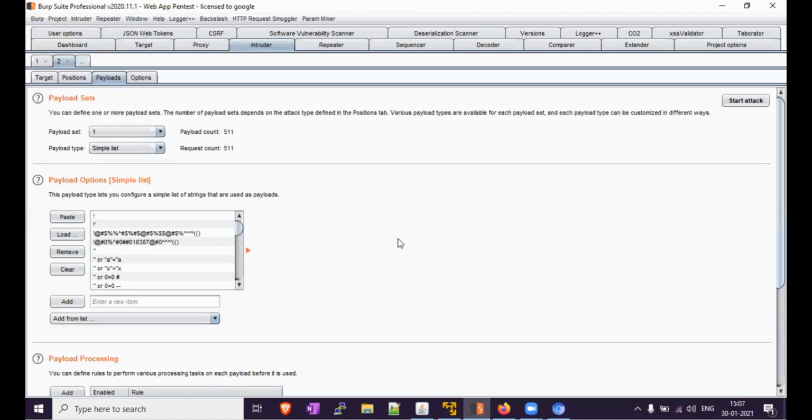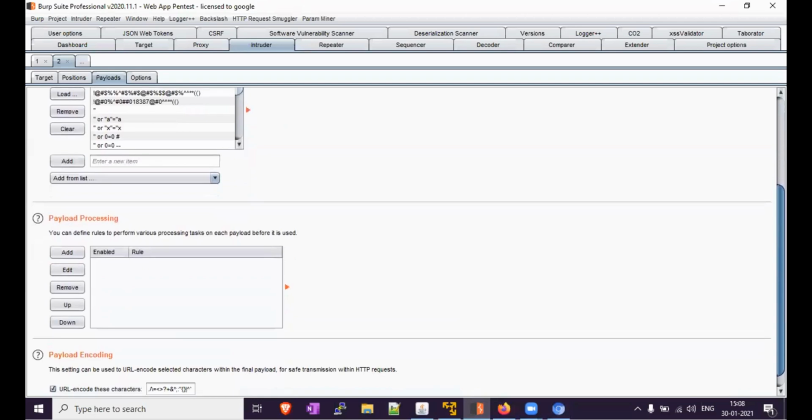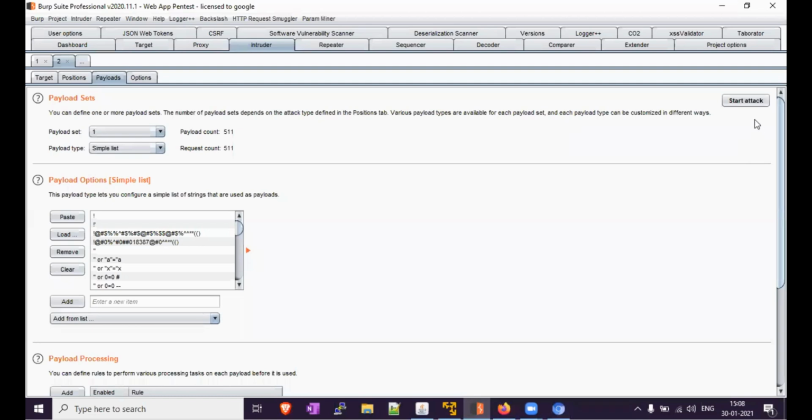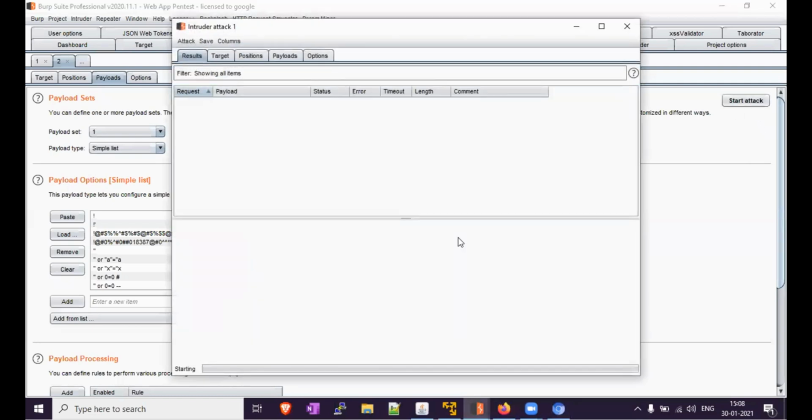Now we will perform the attack. Just uncheck the payload encoding, so we are unchecking that. So now we are performing the start attack.